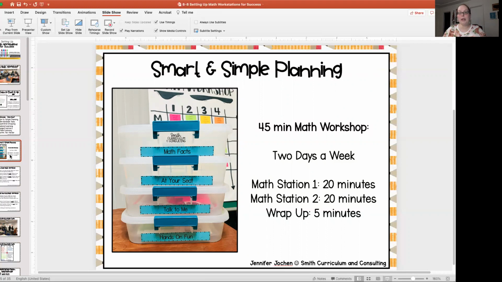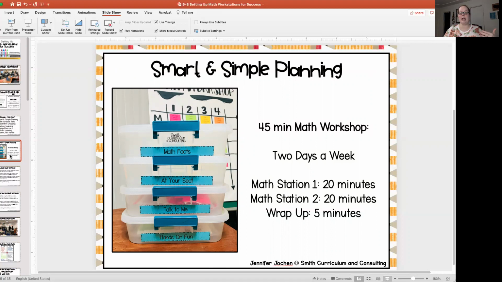In my classroom, we did math workshop twice a week. That's it. That is how I fit it in. The other 3 days were for instruction or assessment or review or other things like that. Now you're like, well, that's cutting down on my teaching time. No, it's not. Because during those 2 days a week, my students would come in, the first person from the